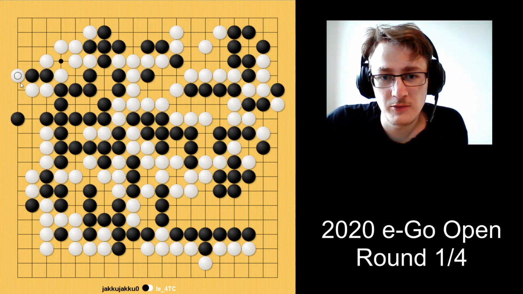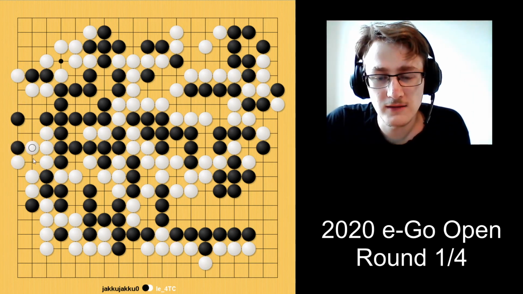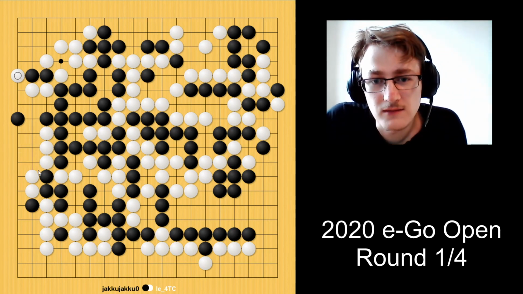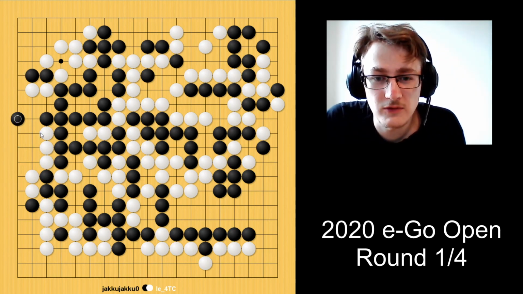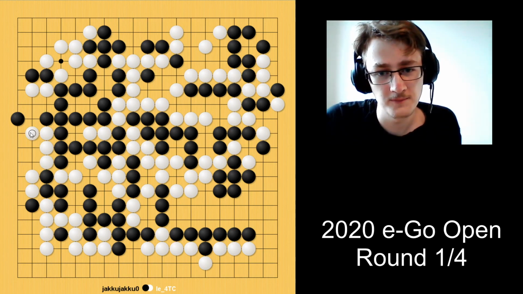And when I protect against that by capturing this, black can cut here and start this ko. And I think I saw this coming from this point, I realized what black was trying to do, but I don't think I can actually stop it. I think this move is working to get either one of those things. For instance, I could try...